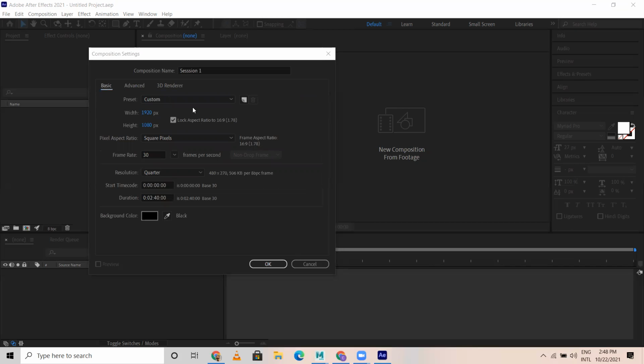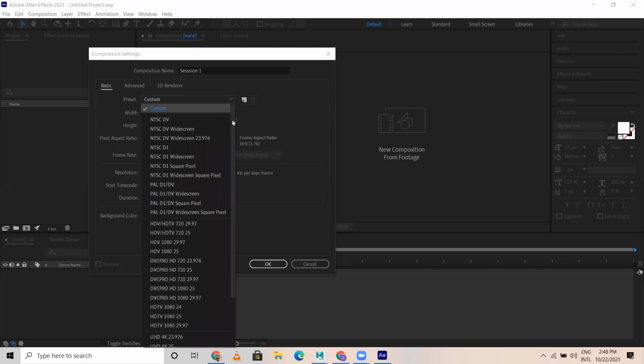In basic what you can do, there are multiple presets here. You might know what is a preset. Presets come with a particular size and resolution. We have high definition video, we have HD high definition TV.